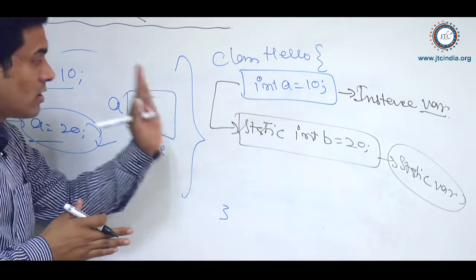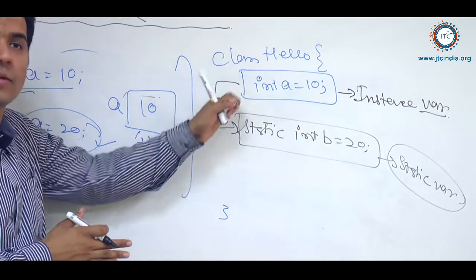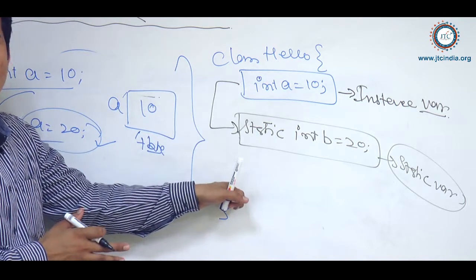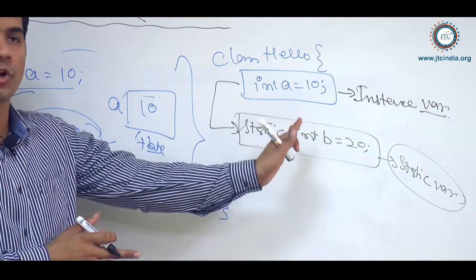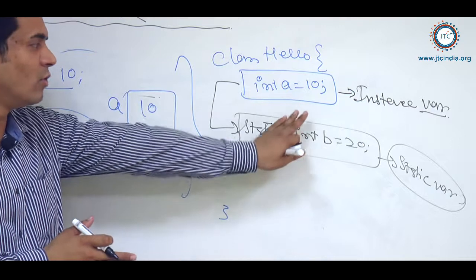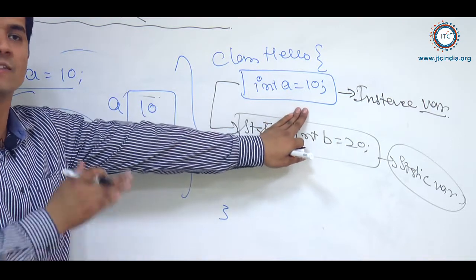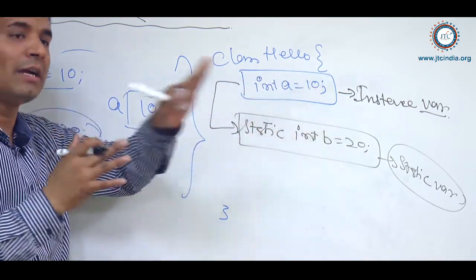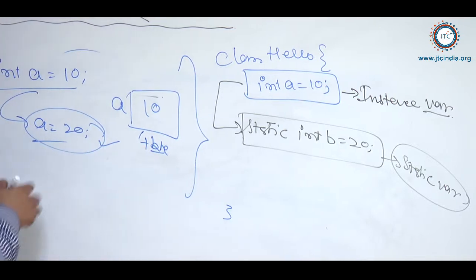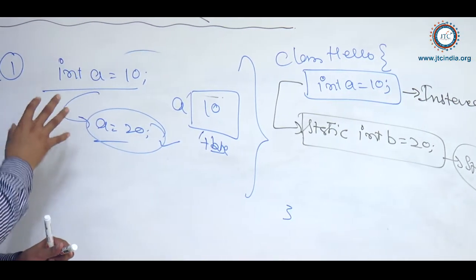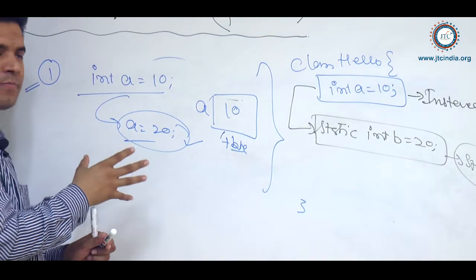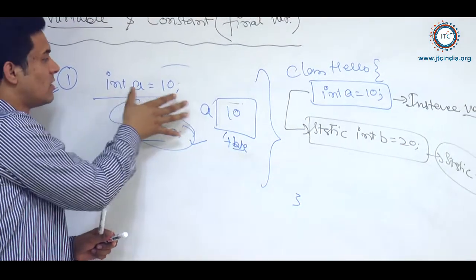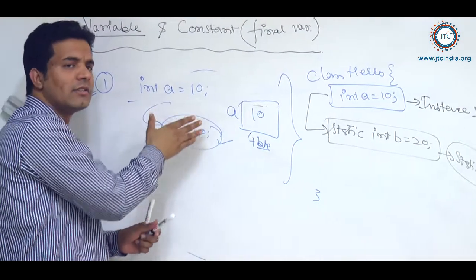So this is directly inside a class. I am not discussing these instance variable and static variable. This is again a separate topic; in another video you will see the difference between instance variable and static variable. But at present what I am discussing is the variable in a general sense, anywhere it could be. You write a variable a = 10, the value of this could be changed easily.